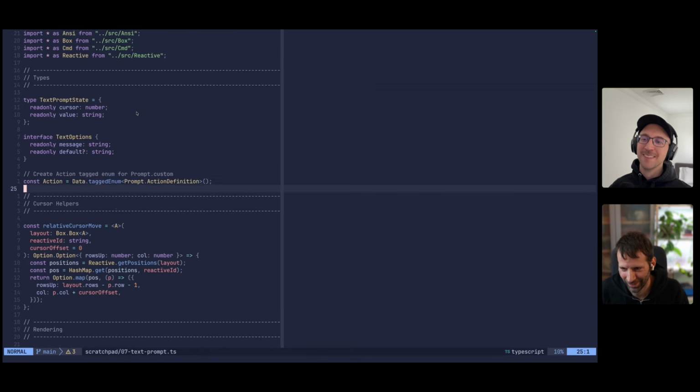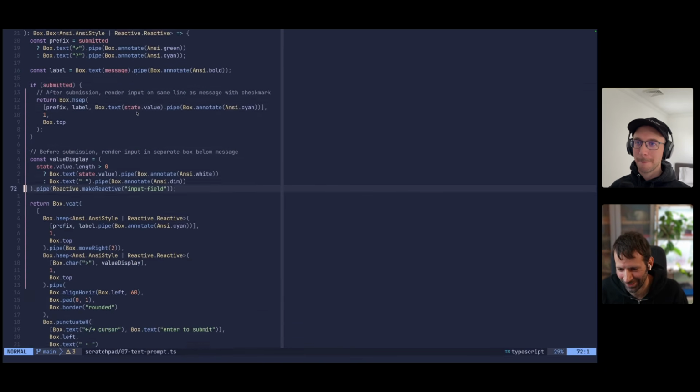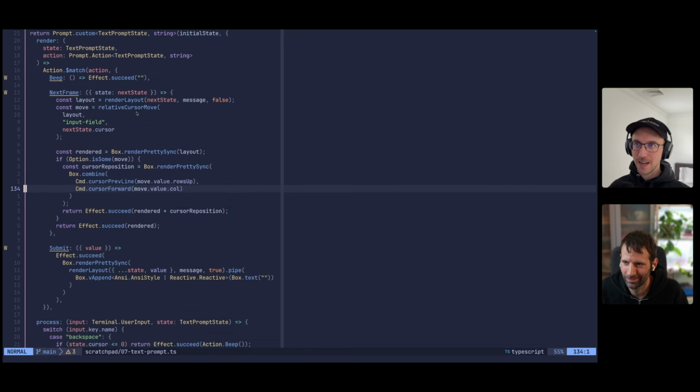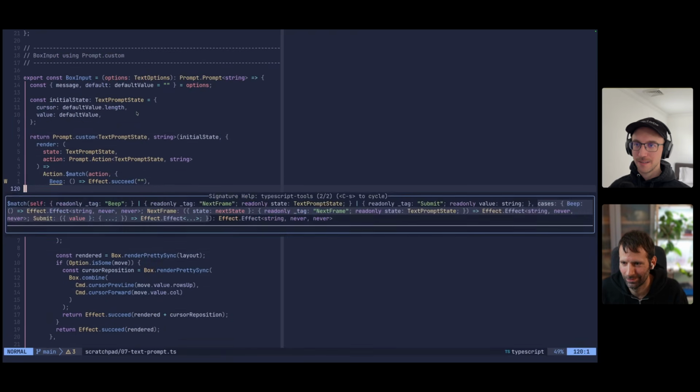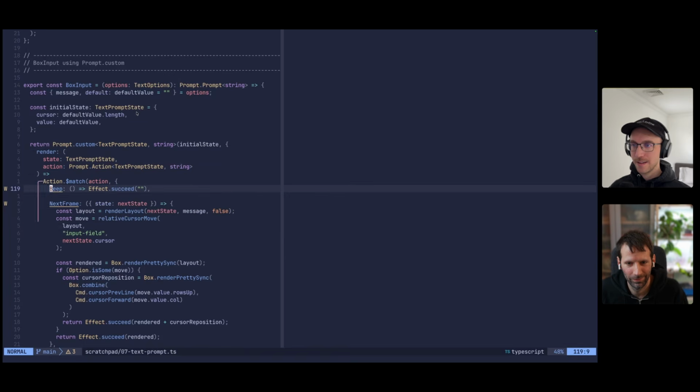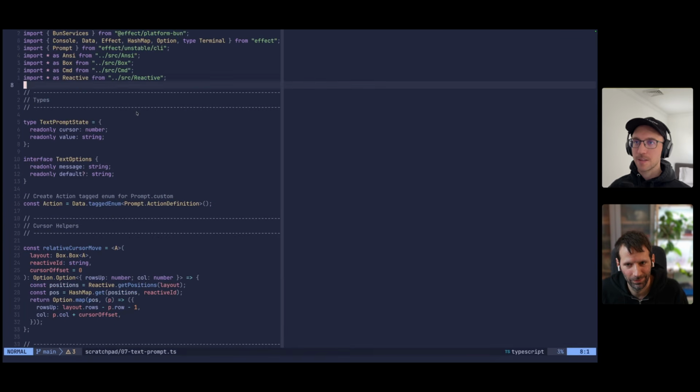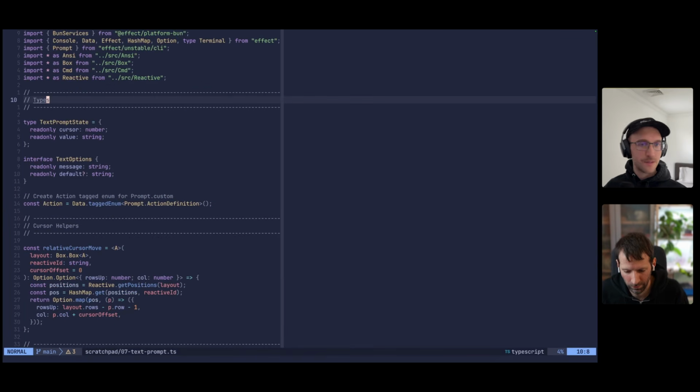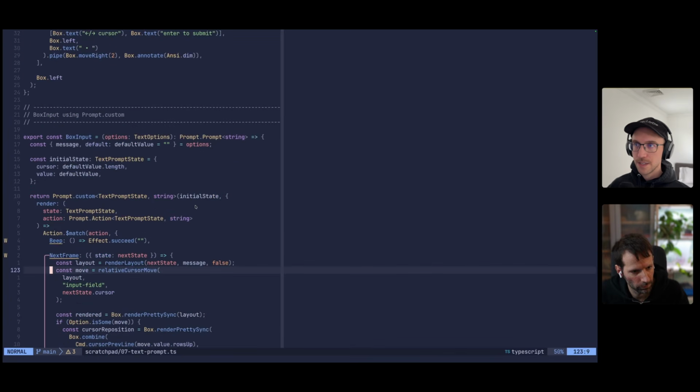Okay, so Lloyd wants us to look at this. One of the questions Lloyd has was, would also love to know what prompt.custom was intended for and if I'm using it correctly. Absolutely. Let's look at your implementation. So this is a box input